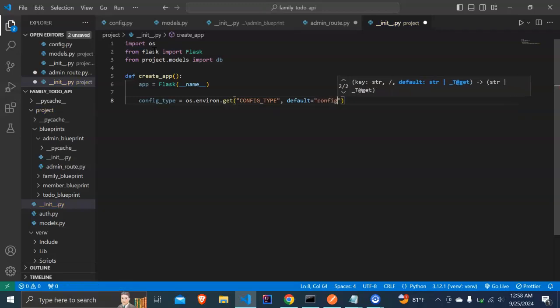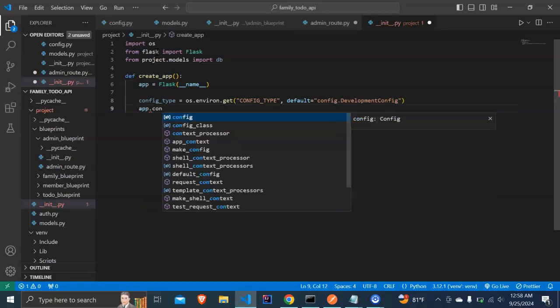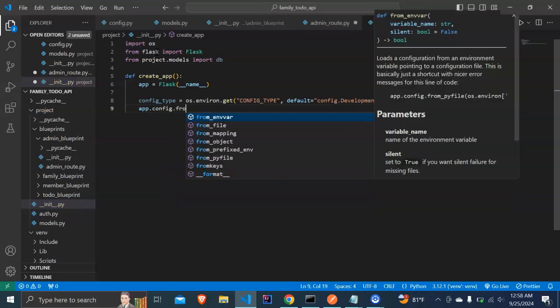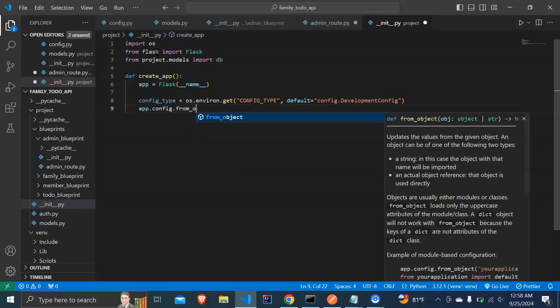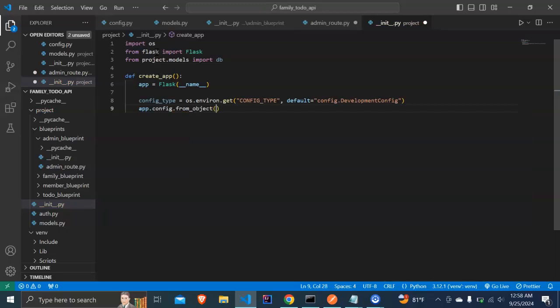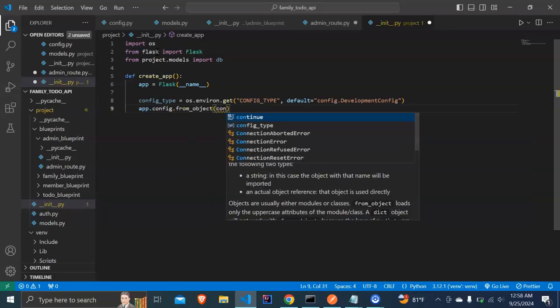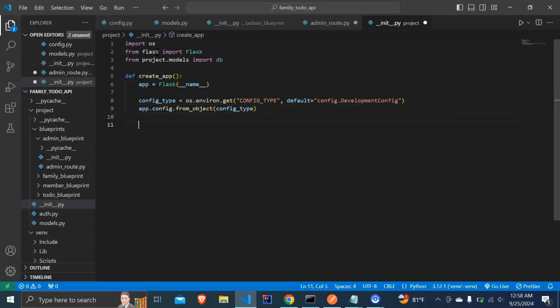Config.DevelopmentConfig, and we're going to say app.config.from_object, and we want to pass in the config type. There we go. So next we want to say